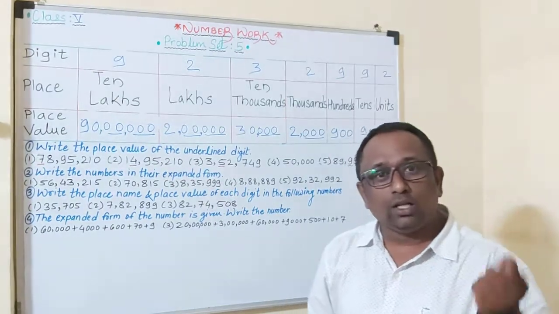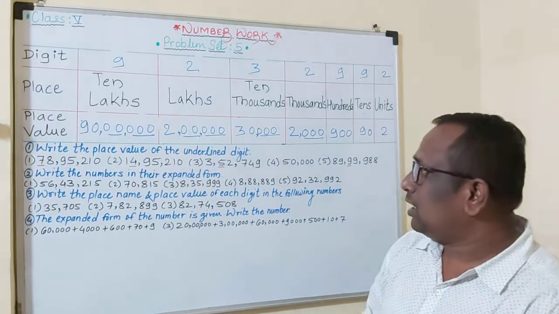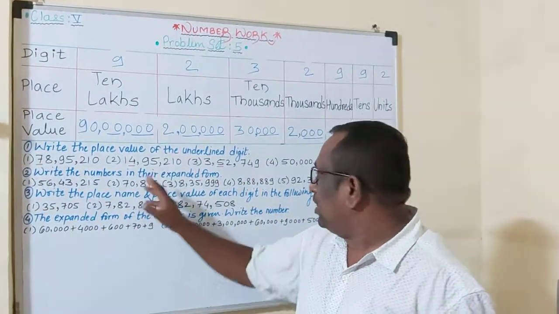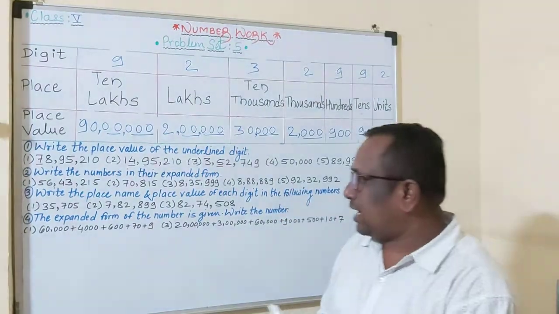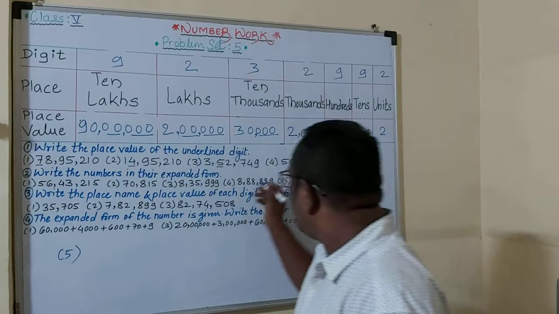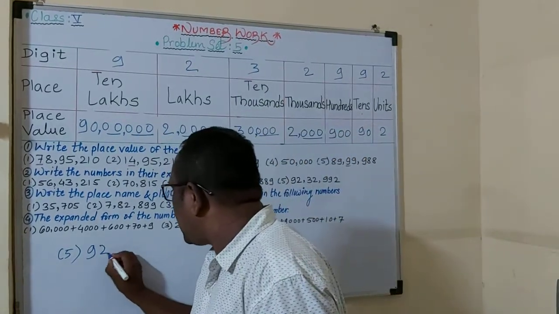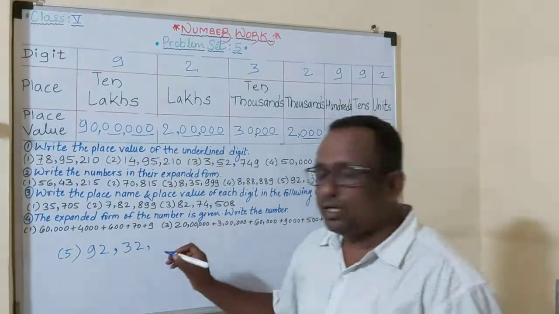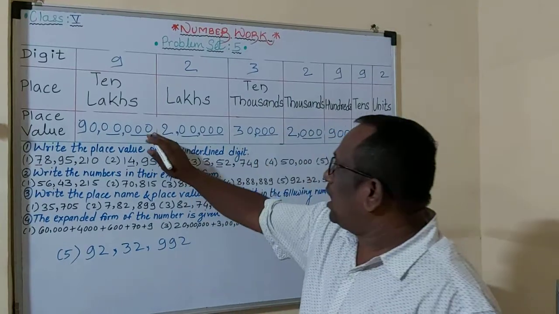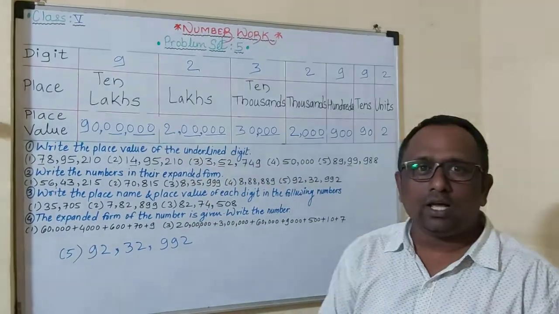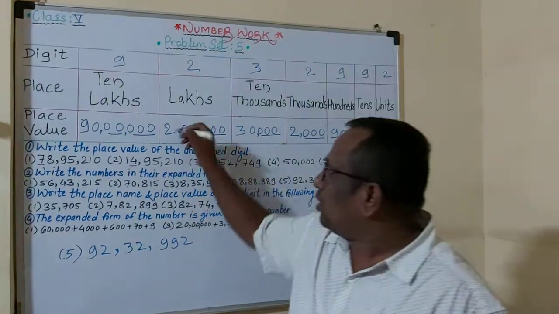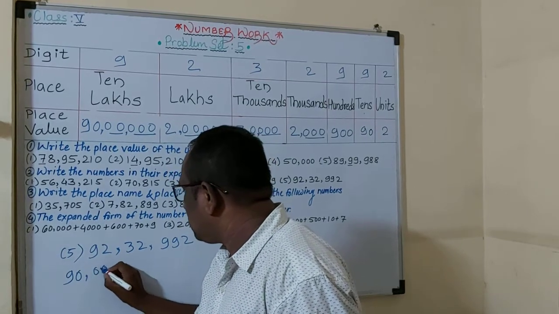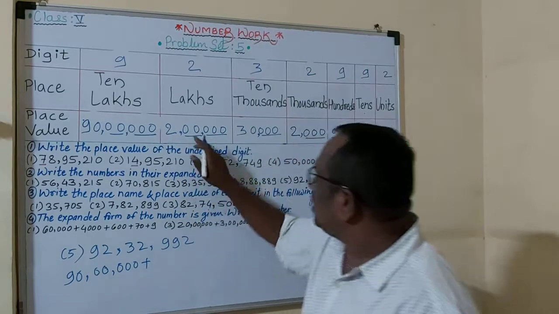Now how do you have to solve this in the notebook, in the homework? See, students, write the question with the pen. We took the fifth example here, so I'll write the number of the example. Then what is the example? 92 lakh 32,000 and 992. Now we have to write this value in the expanded form. Simple thing, in the expanded form we just give a plus sign. So first write 90 lakh, plus 2 lakh,